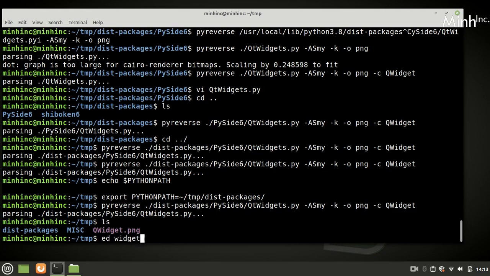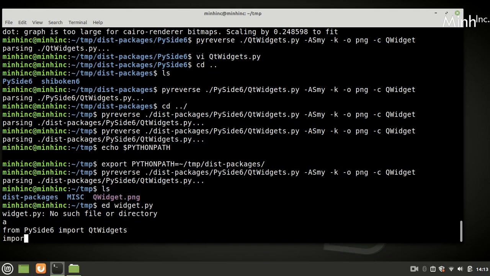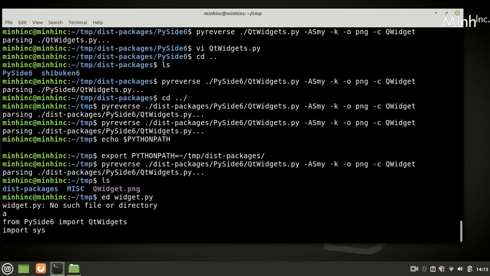So we can have widget.py. So we will from PySide6 import QtWidgets. That's it. Import sys. Class Widget that derives from PySide6 QtWidgets.QWidget.